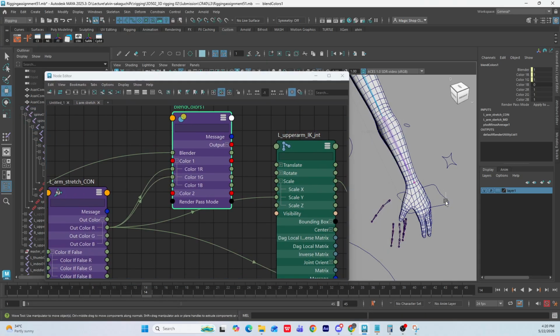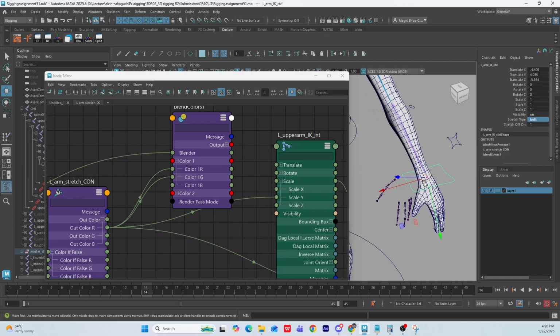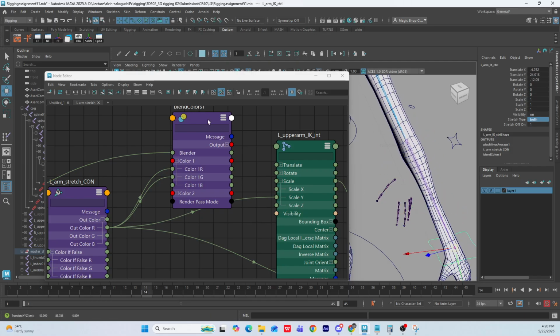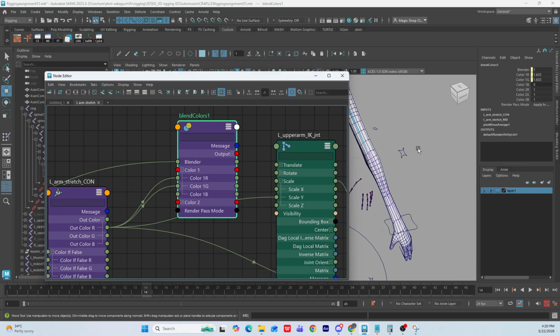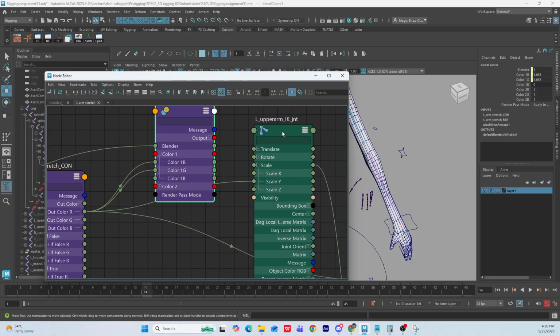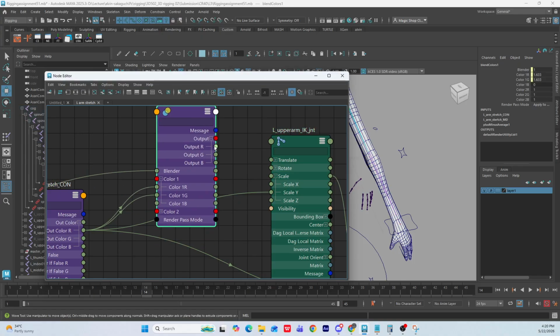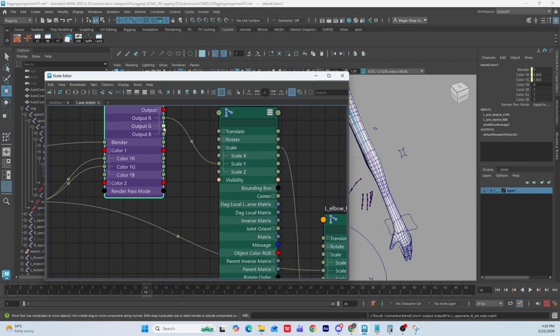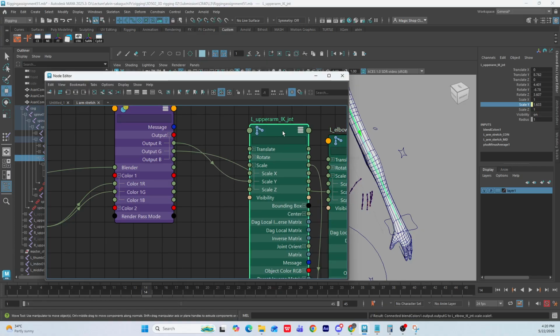If you want to check it's true or not, okay, you can just choose your stretch type into like both, and then slightly just move a little bit. You check on your blend color, see is the value like now I want to stretch, and then the value should be like stretching. Okay, so afterwards, in your outputs of the blend colors, the R indicates the upper arm. You link to your scale, and then G is for your lower arm. You link to your scale, that is correct, and make sure that right now you see the value is correct